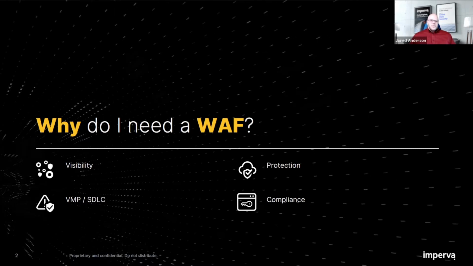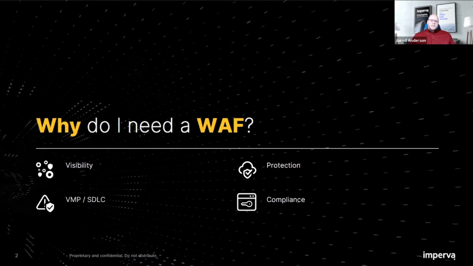This kind of segues into your vulnerability management program, but if you scan your applications before you go live, and maybe you don't have time to fix a vulnerability, maybe you found some cross-site scripting at the last minute, you do have the ability to virtually patch it with a WAF to allow you to deploy and then fix the cross-site scripting on the back end as time permits.